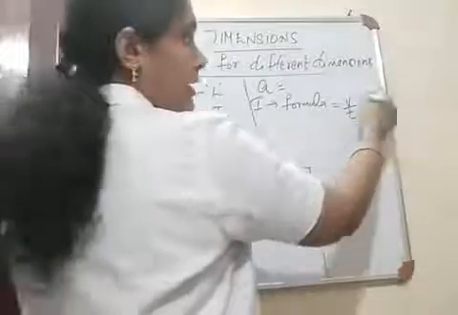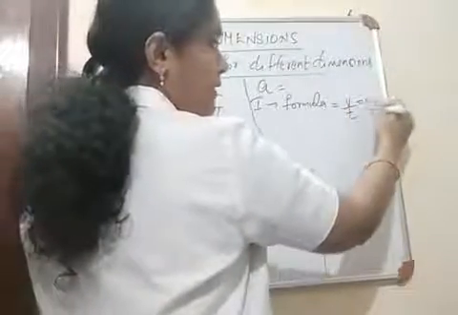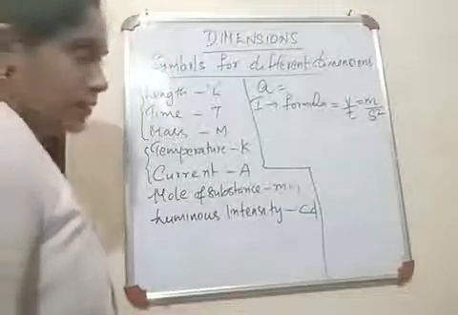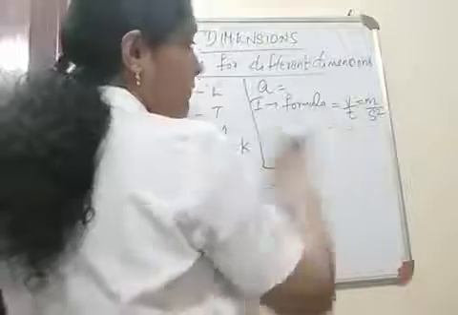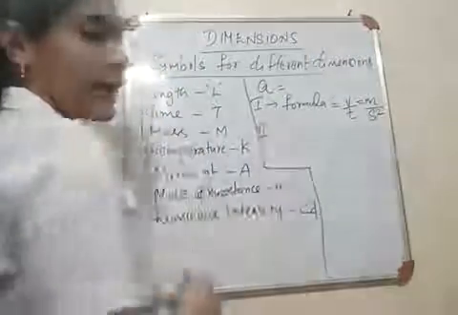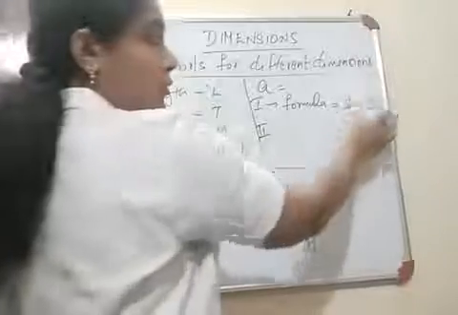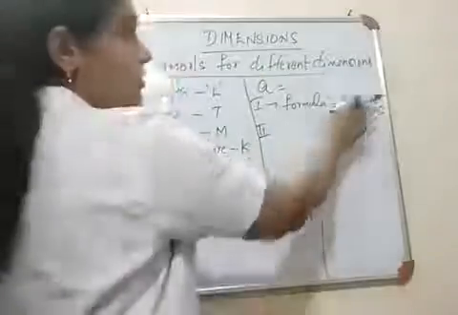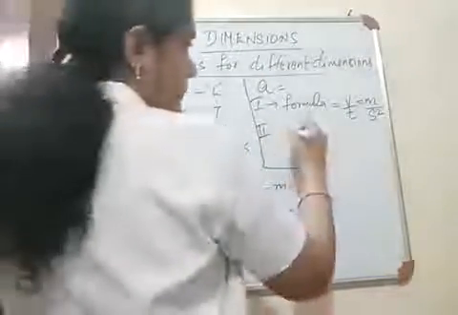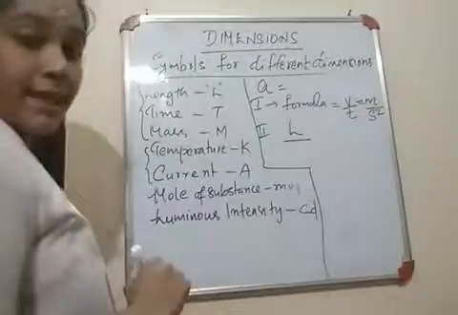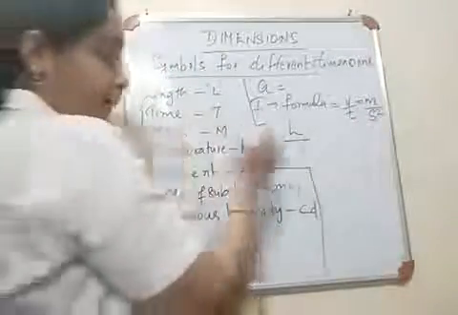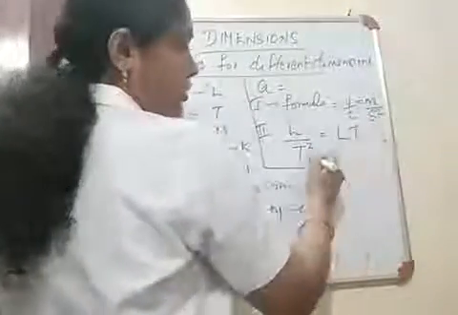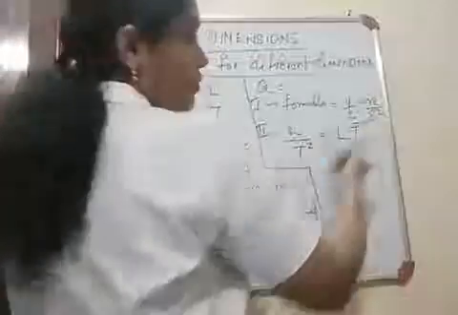Then what is the unit? Unit is meter per second square. This is the unit of acceleration. Then what will be the dimensional form? Then the second step is to express these 2 units in the respective dimensions. So what is the dimension for meter? Dimension for meter is length. What is the dimension for second? Dimension for second is T. So T square. Then how will you write L by T raised to 2? Bring it to the numerator, it will be LT raised to minus 2.